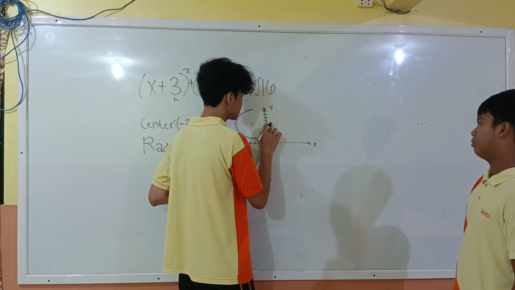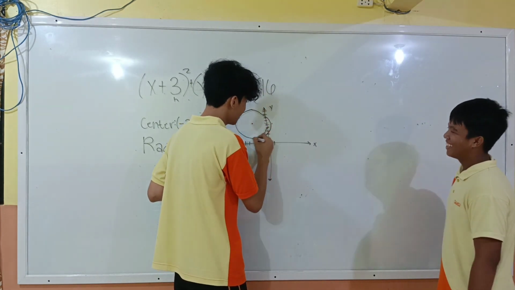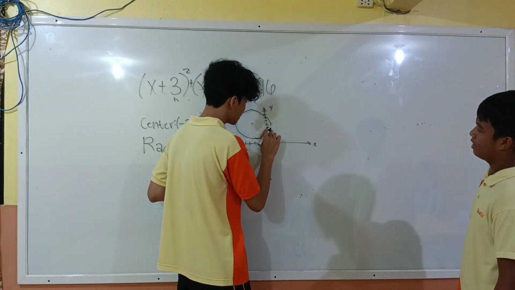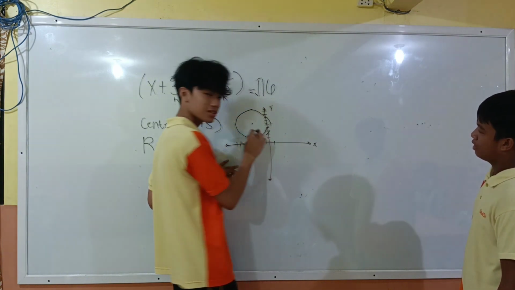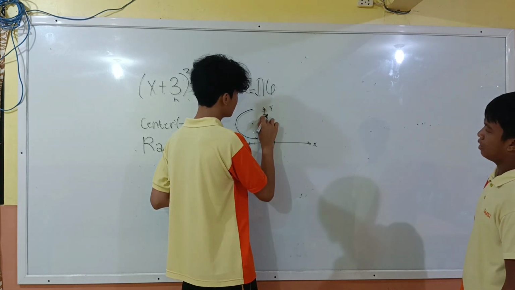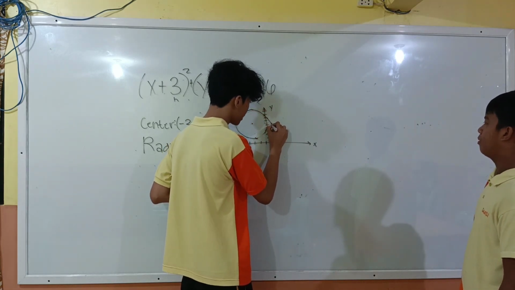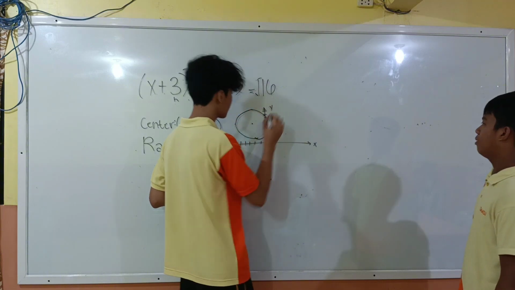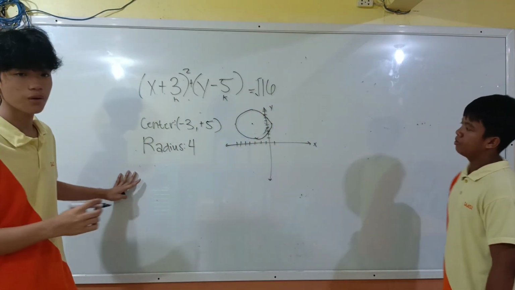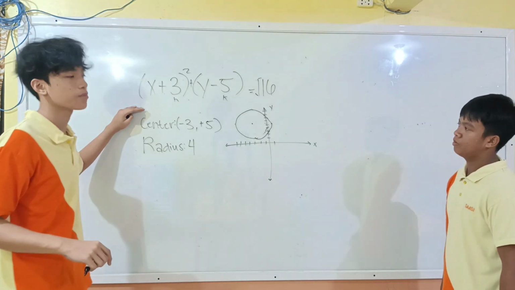Let me redo because it's ugly. Didn't match again. So this isn't easy if you don't have a tool to make a perfect circle. But if you can, just match the dots. There you go. So that's how we graph from the standard form.